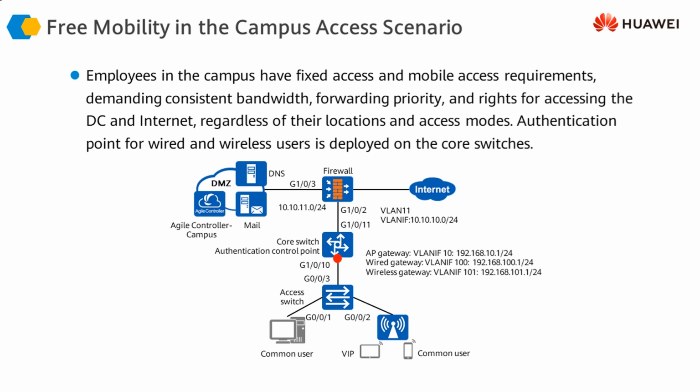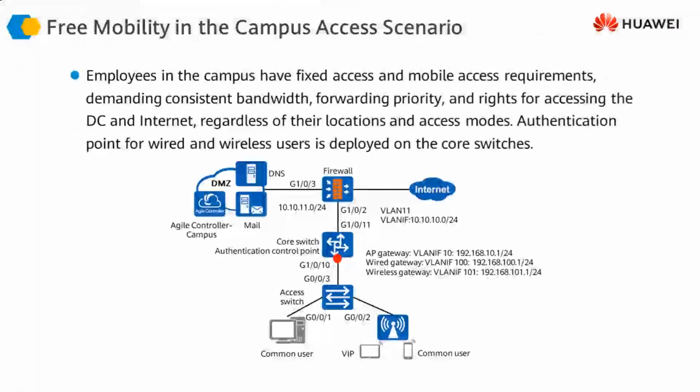the other medium. So the users are getting connected to the access switch. The access switch or switches would be connected to the core switch, and the core switch is connected to the firewall and then to the internet. And also we have the DMZ, or the pre-authentication domain, or the post-authentication domains as well, where we can have the agile controller, the DNS server, the DHCP server, or the patching servers, etc. And we can also have other network services available, for example the mail server, etc.